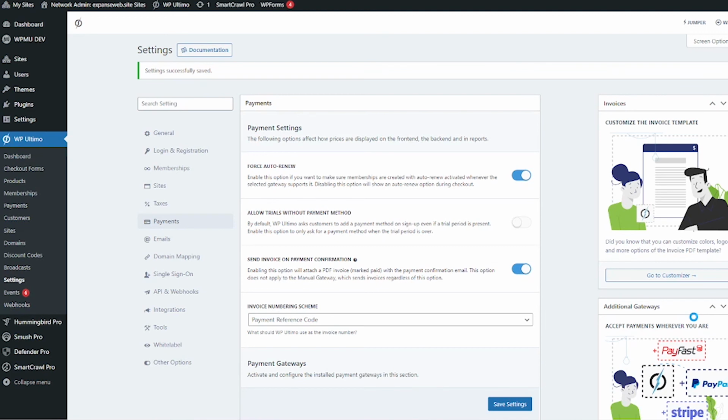We've got your checkout forms set up with WP Ultimo, and you are ready to take payments and get new